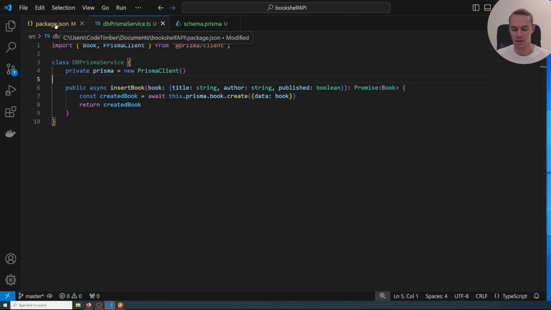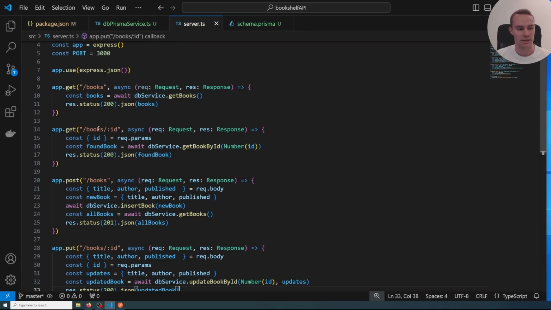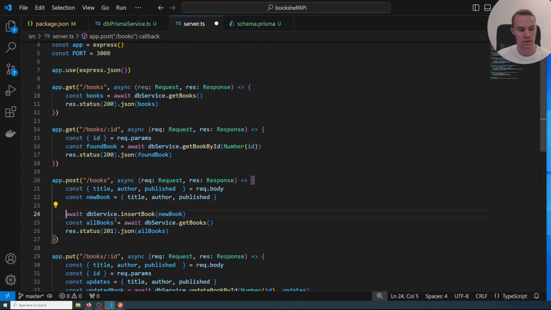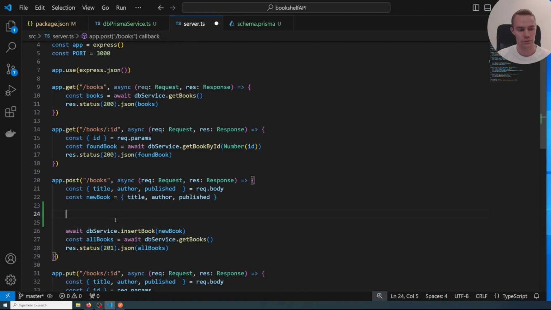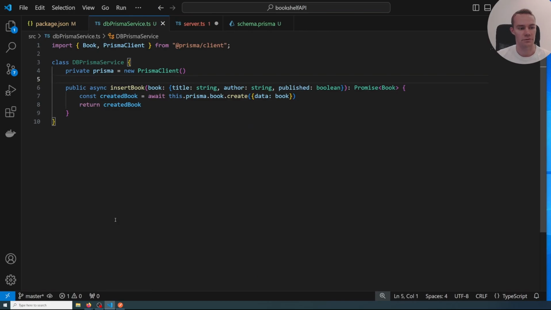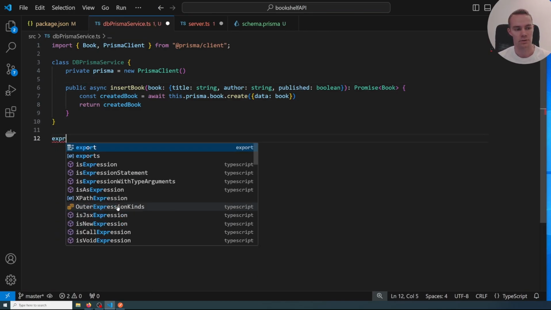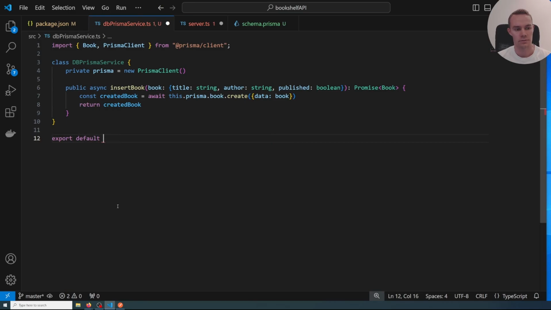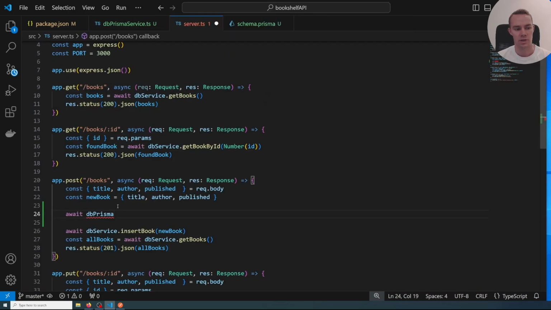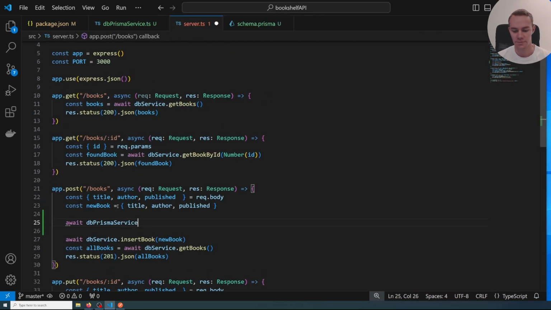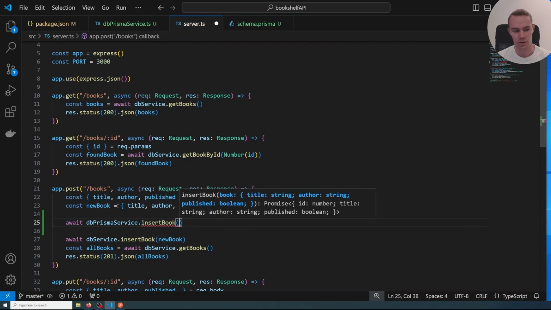So over in our server.ts, we can go ahead and grab our post request here to the books, and instead of using the DB service, let's now use the Prisma service instead. So we do an await, and we call DB Prisma service. Of course, we have to first export this one. So we'll do an export default new DB Prisma service like this. So we have a singleton of the DB Prisma service, and this one we'll call insert book, and we will